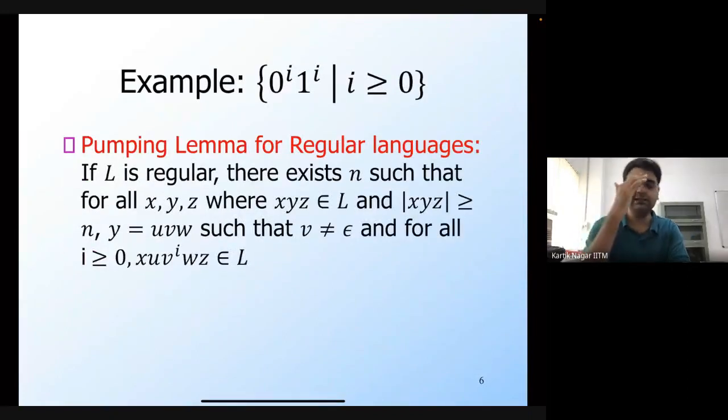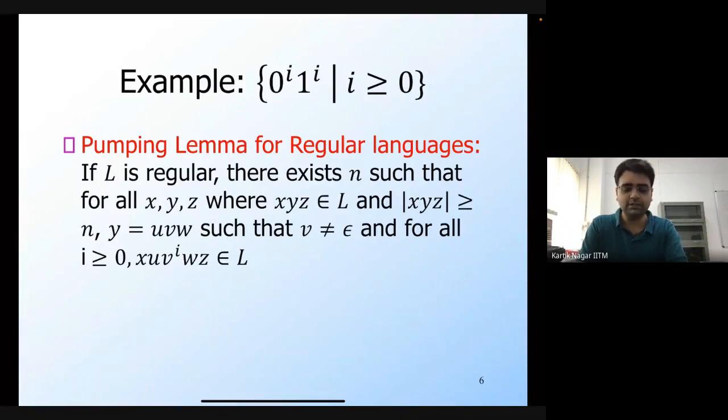There was this question last time of how this particular pumping lemma compares with the pumping lemma for regular languages. So let's again take a look at the pumping lemma for regular languages, in particular for this language, the canonical non-regular language 0^i 1^i, where i is greater than or equal to 0. We know that this language is not regular, but it is context-free, because you can easily generate it.